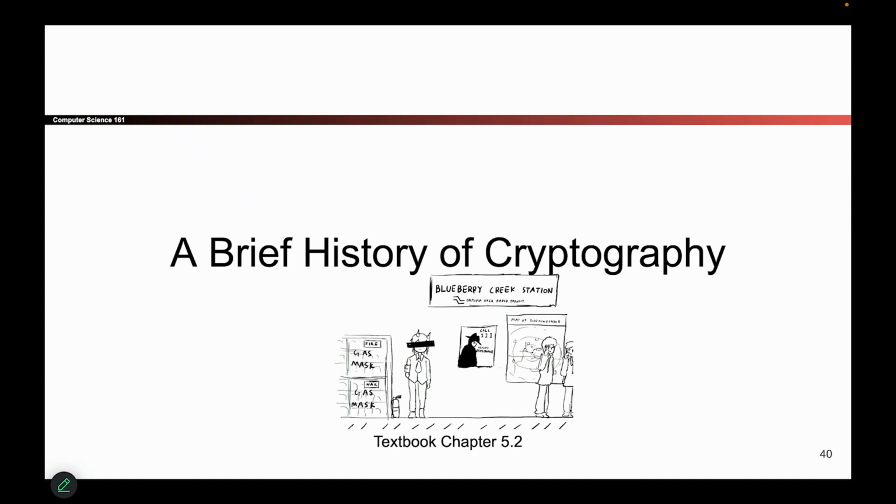Okay, now that we are armed with all of these definitions about cryptography, what it is, and how you analyze schemes for their security, let's go through a brief history and see how cryptography has evolved over the years. And along the way, we'll get a chance to apply some of our definitions to schemes from many, many years ago. And we'll see how secure they are, how insecure they are. So that's our goal. So we're not going to test you on any of these really old cryptographic schemes, but it's a good chance for you to apply the definitions that you've seen so far